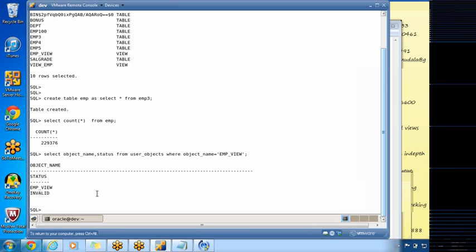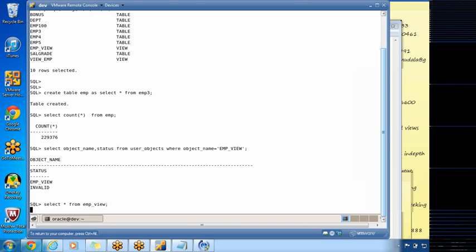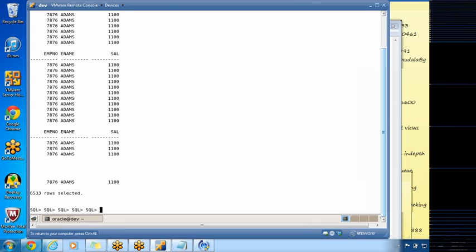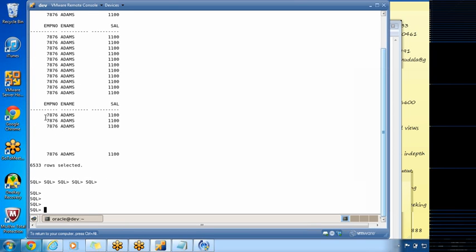Okay, still the view is invalid, but if I do select star from emp_view, we'll see what happens. See, I got the information back, correct? It has repeated information. I just copied the emp table into emp 3000 times. So that is the reason why Adams was repeated that many times. Now, if you check the status of the view again,